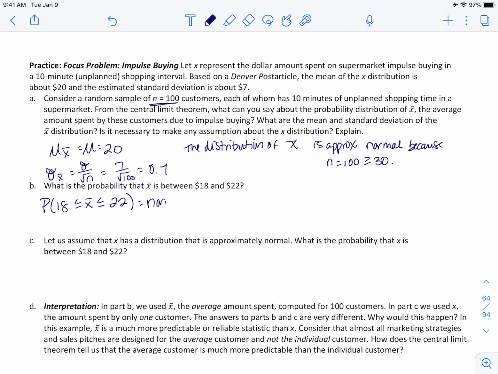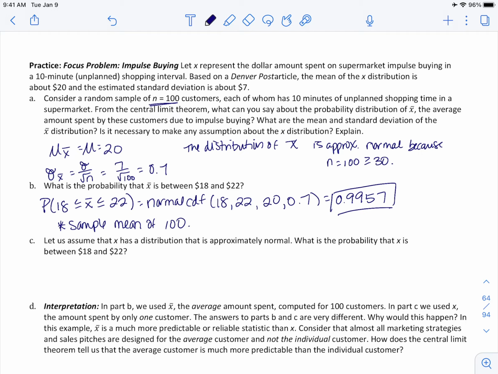So this is normal CDF of 18, 22, 20, and 0.7. And this comes out to give us 0.9957. Now keep in mind, this is a probability that X bar is between 18 and 22. So this is talking about our sample mean